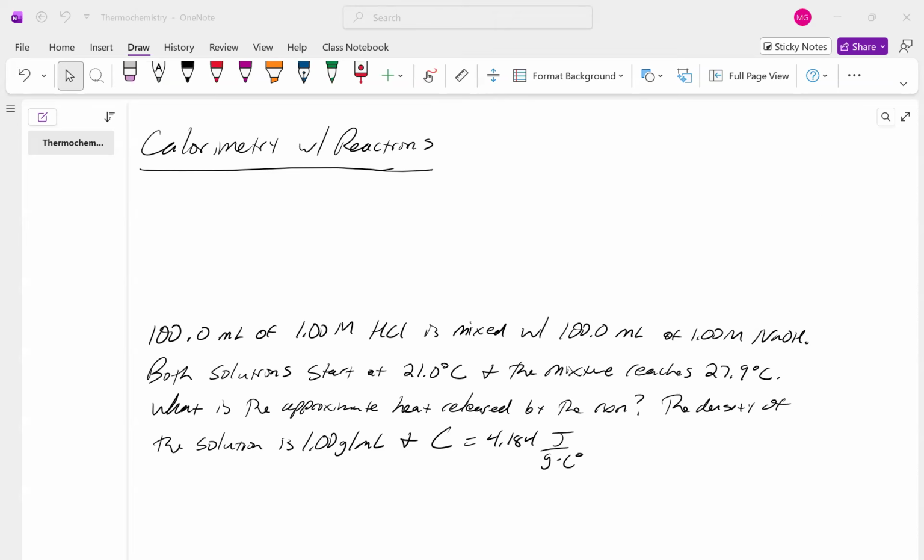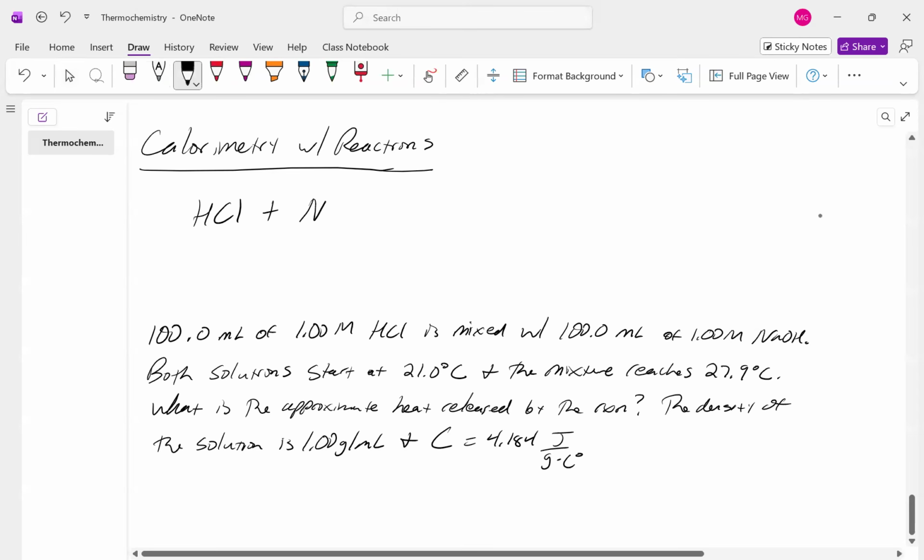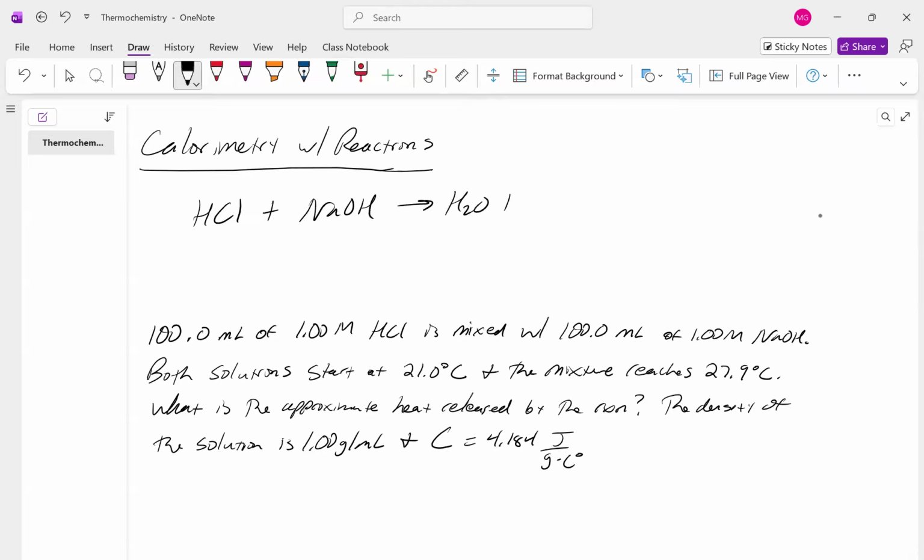So let's look at this neutralization reaction. We're going to take a solution of hydrochloric acid and a solution of sodium hydroxide, mix them together to neutralize, and that's going to generate some heat. Now we can do some stoichiometry to figure out how much product we're going to get, but we also like to know how much heat will be released. And in order to figure that out, we're going to use calorimetry,